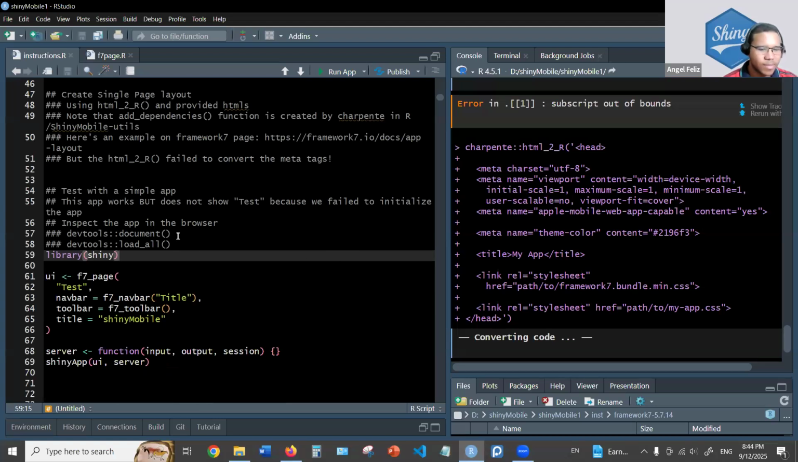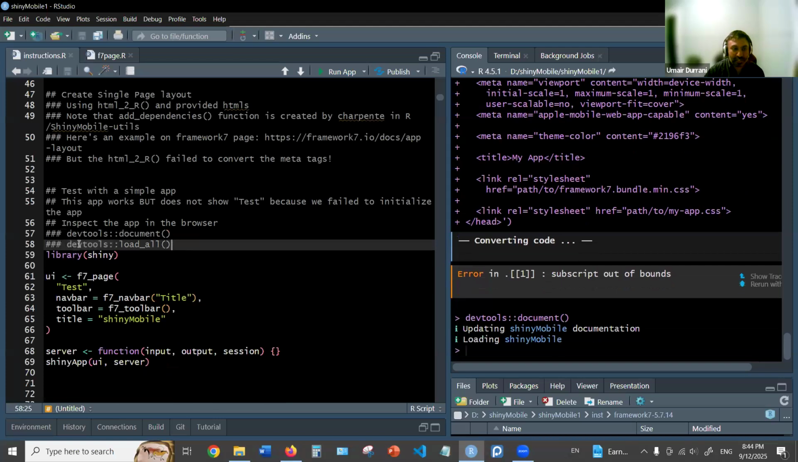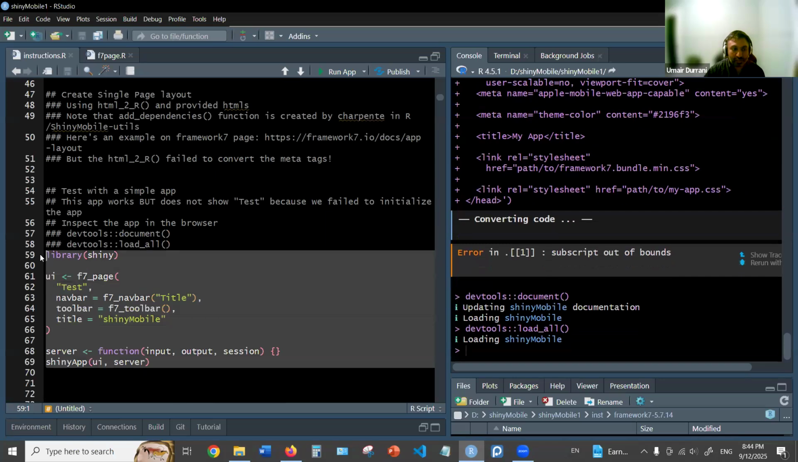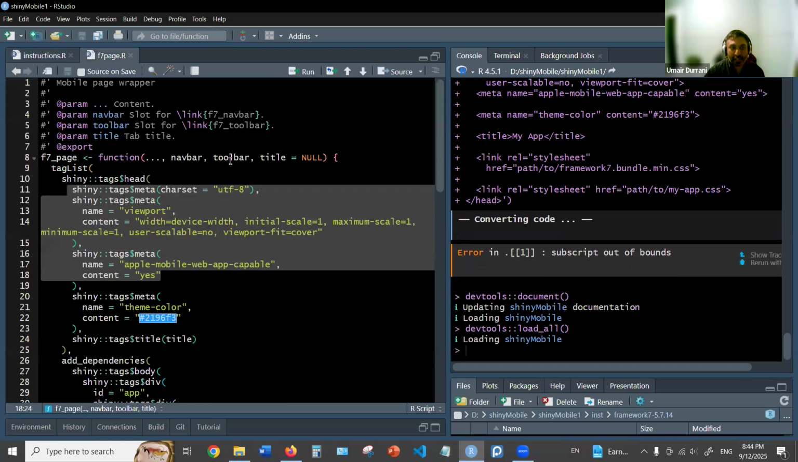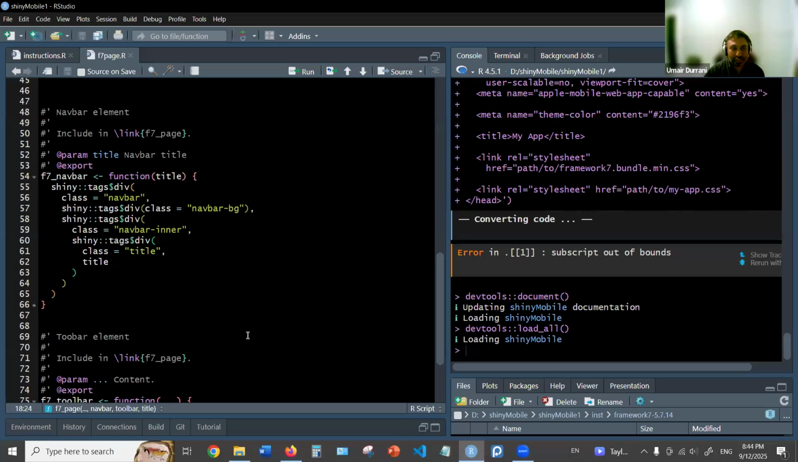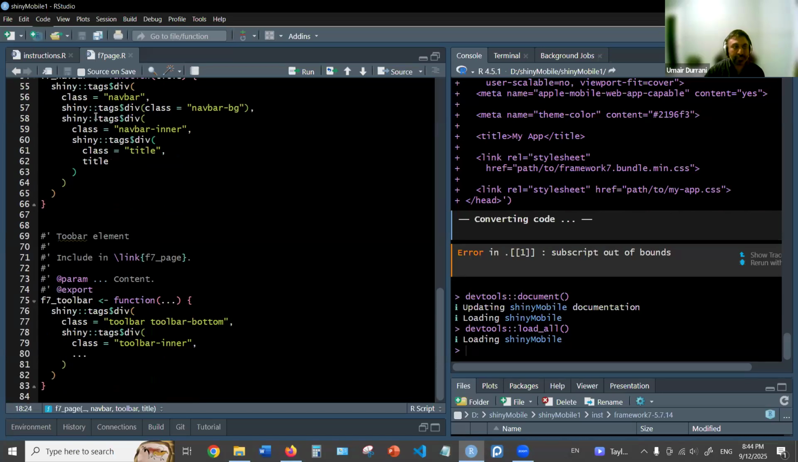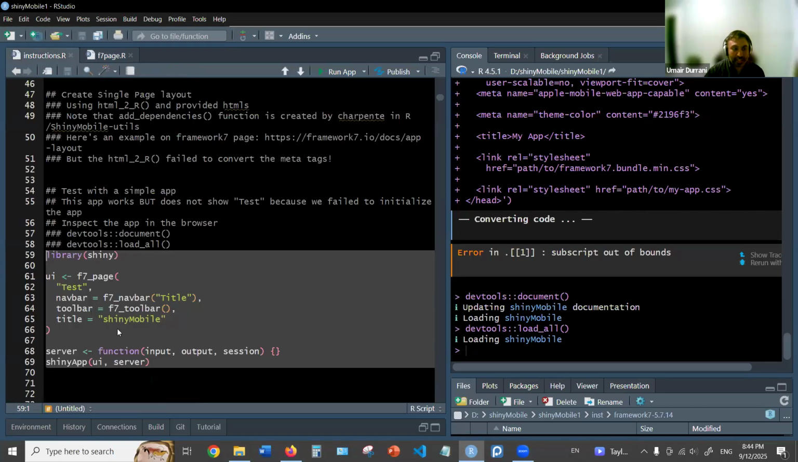Yeah. So let's document the package, and then we are going to load the package, and now we are going to run a small Shiny app. And notice here within F7 page, we have content, navbar, toolbar, title. So that's what we provide, content. Navbar is using the F7 navbar function. That is also, we're using HTML to R, we get this. And this is a toolbar. So we provide that. And if you run this,